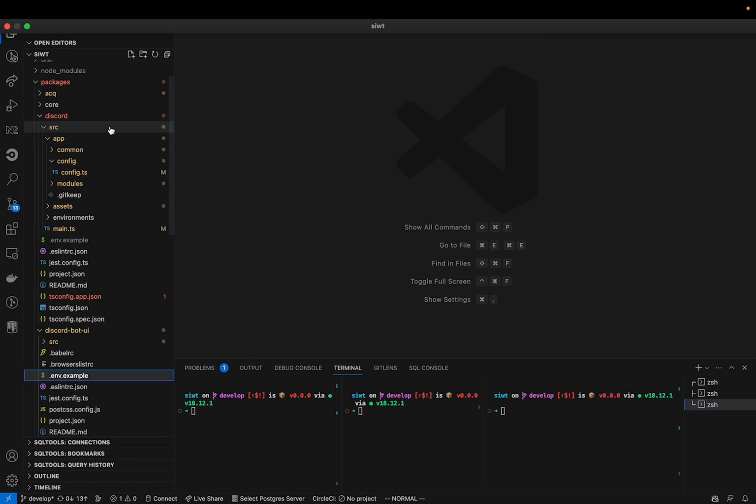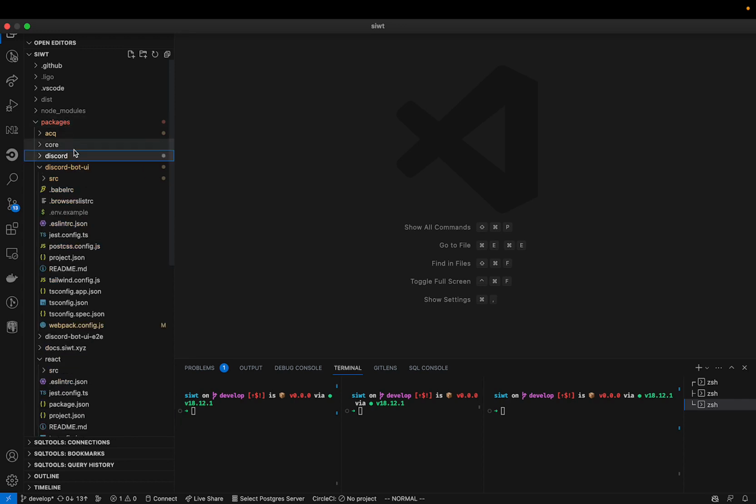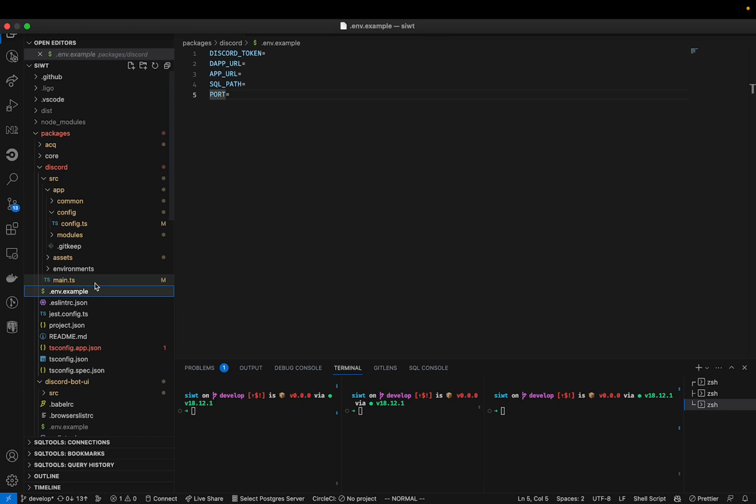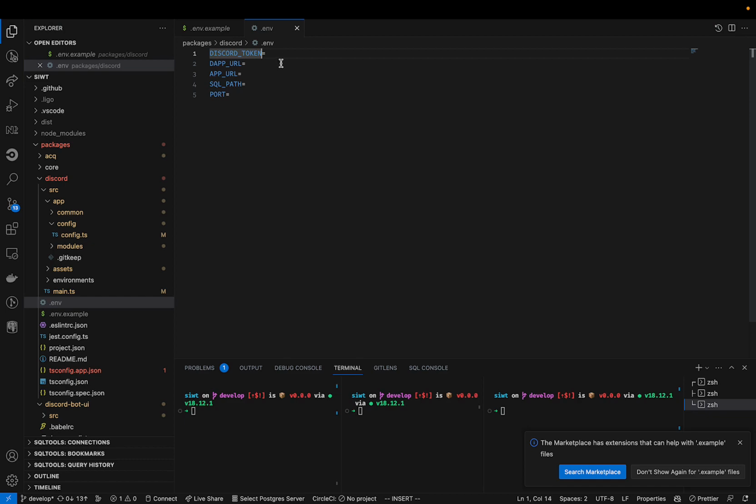So let's go and look at some code. This is just a git pull of the SIWT repository. A look at the Discord package inside the packages folder, and you'll find a .env.example there. So let's copy and paste that and rename it to .env. This file will contain all the variables that we need to successfully run the bot, and it starts with a